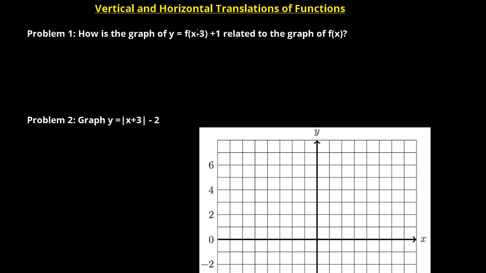So recall that if you subtract 3 inside the function of f of x, this is a horizontal translation to the right 3 units. And this one constant that we're adding outside of the function is a vertical translation 1 unit upward. So together we've got this is a